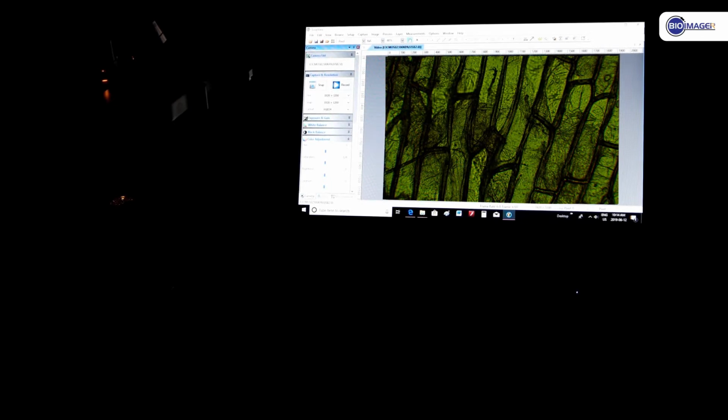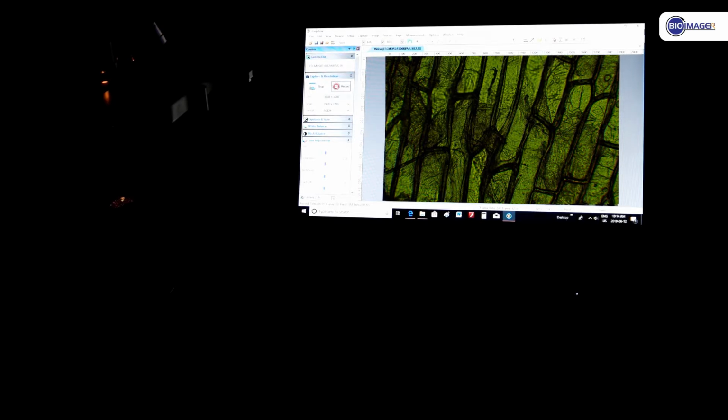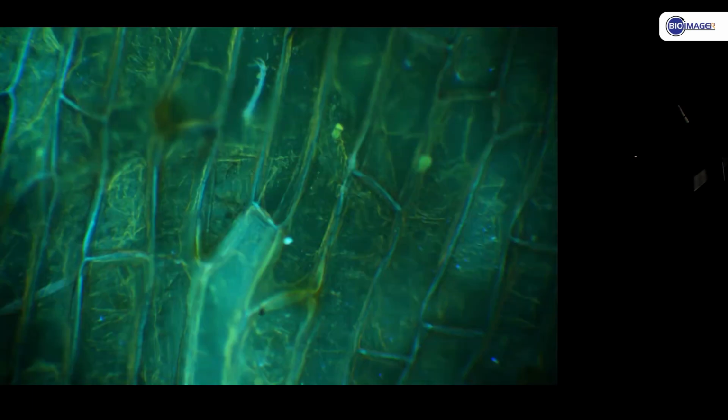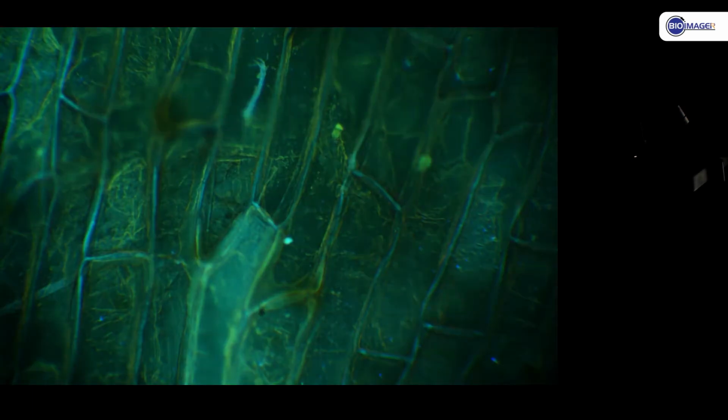For this experiment I'm using a 10x objective lens, and you see a bright field image on the screen, which is transmitted light. Let's turn this off and switch to epi-fluorescence imaging, and this one is a violet channel. The image is captured in auto exposure mode, and I'm not changing anything in the camera setting. The only thing I have done was a white balance and I increased the gamma factor a little bit. And this one is the ultraviolet for blue